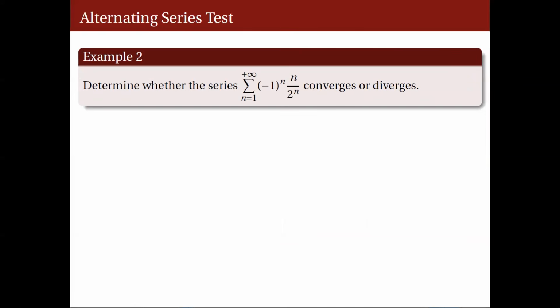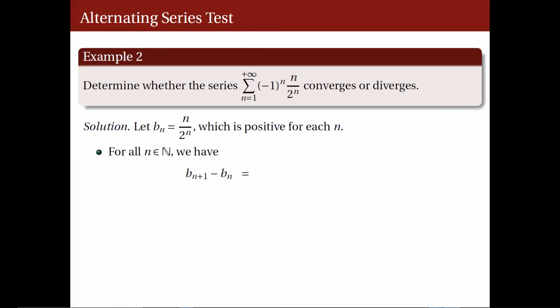Sa item number 2 naman, tingnan natin ang summation ng (-1)^n times n over 2 to the n. Again, alamin muna natin ang b sub n. Dito, ito ay n over 2 to the n, which is greater than 0 for all n. Ang isang technique para malaman na decreasing si b sub n ay ipakita na b sub n plus 1 minus b sub n ay less than or equal to 0. In this example, for all n, we have b sub n plus 1 minus b sub n equal to the following,